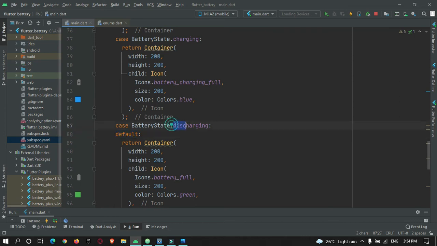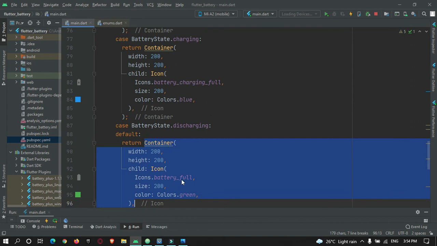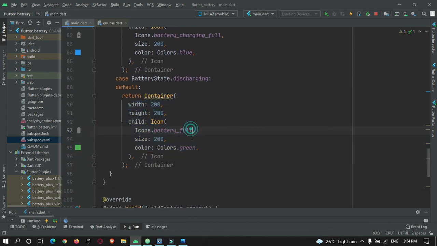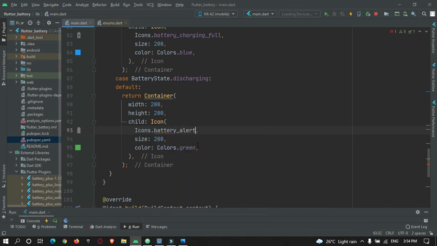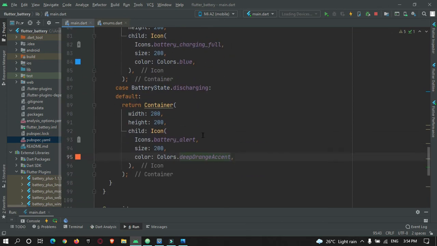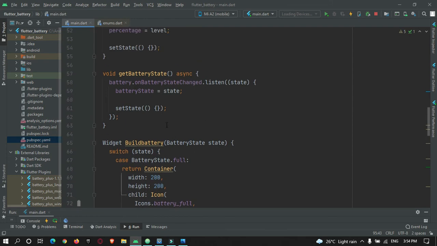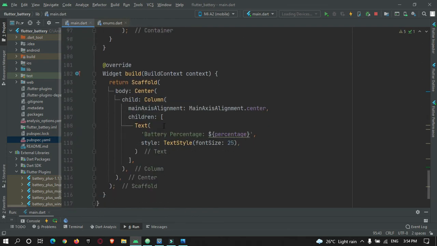So if it is in discharging mode, it will automatically take this widget. Let's make use of this alert icon and give it red, orange. I need to use this widget in my scaffold widget, so let's use it.